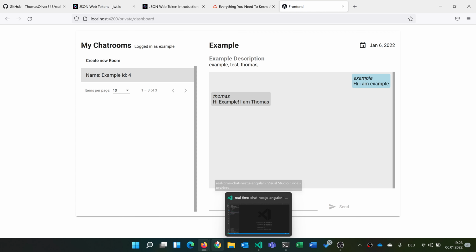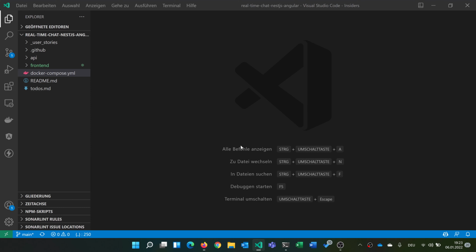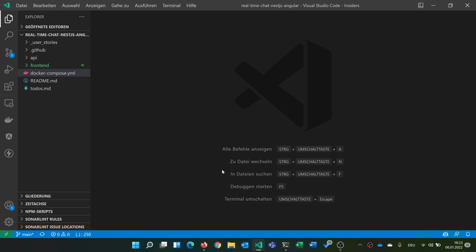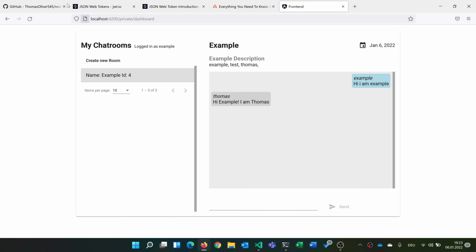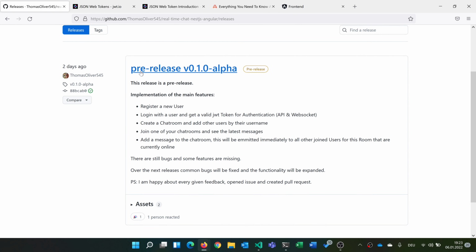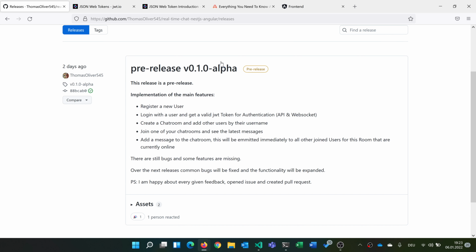So now, since we are talking about versions, we can finish, so this is the basic stuff about Docker Compose. And since I talked about versions, here in 2022, we have the pre-release v0.1.0 alpha. So this is the first pre-release now. So we have implemented the basic features that are listed here. But since there are some bugs and features missing, we will always